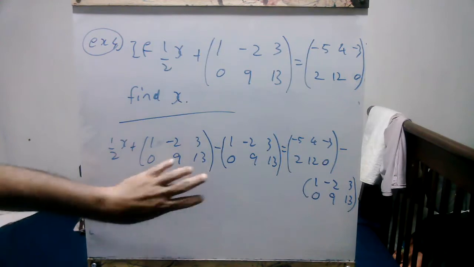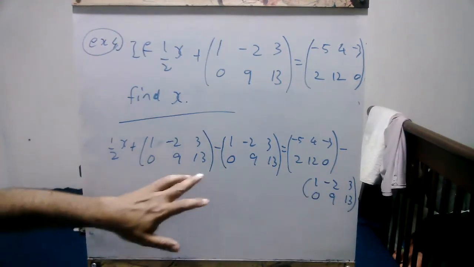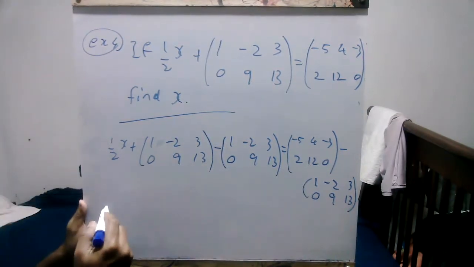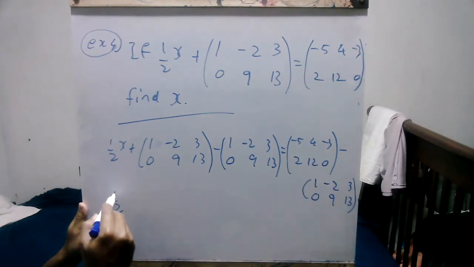Then this matrix minus the same thing is the 0 matrix. We don't have to write that, so we get half x